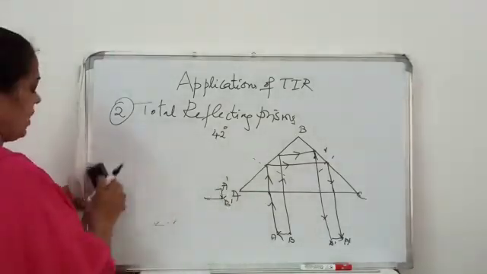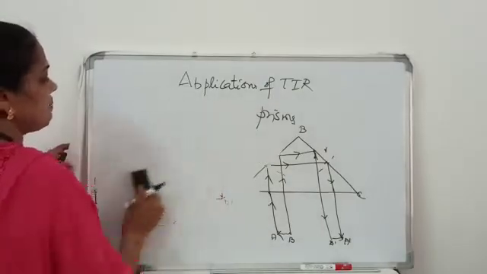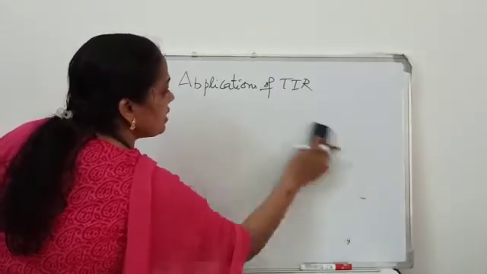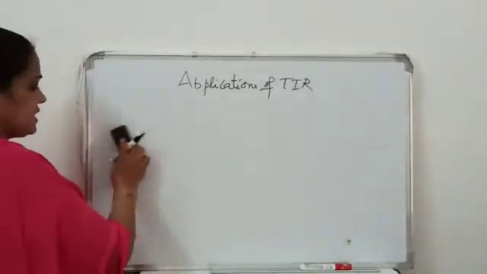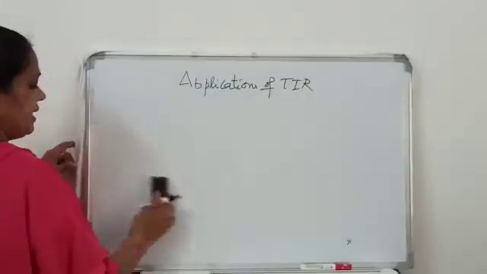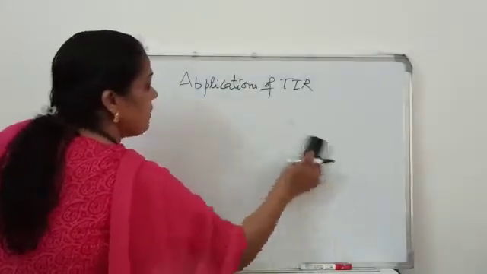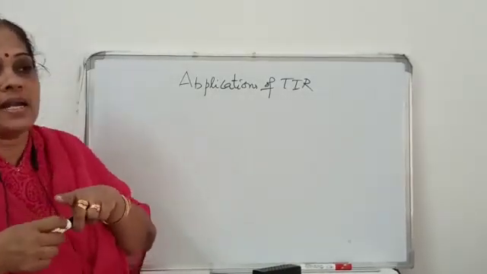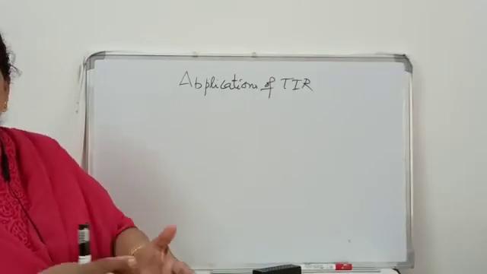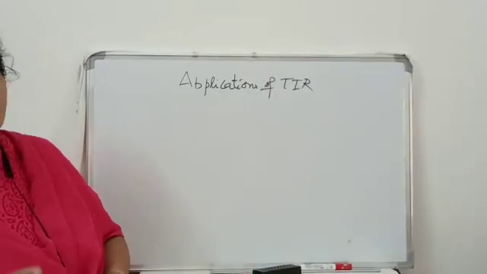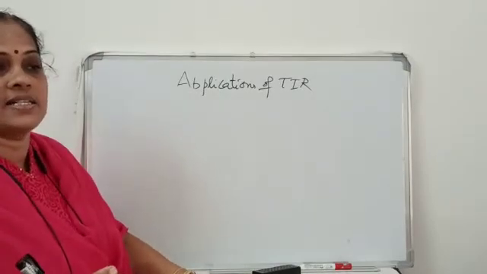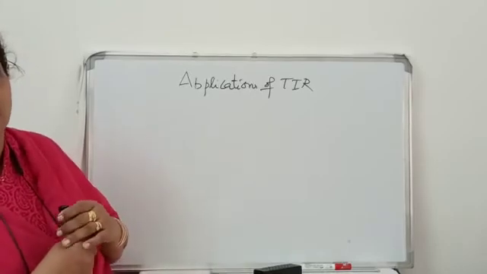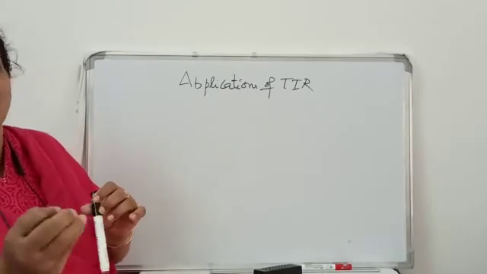Now we have one more application, which is called mirage formation. Mirage, as you all know, is an optical illusion normally seen in hot places, for example deserts. In deserts, suppose you are going along on hot summer days, you see as though there is water in front of you, and if there is any object around you, you will be able to see the reflection of that object. But actually it is an illusion, because as you go near it, it is just open air without water.